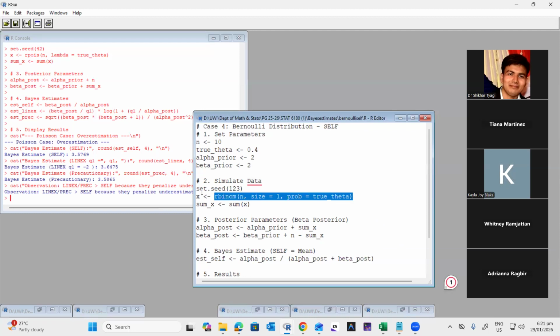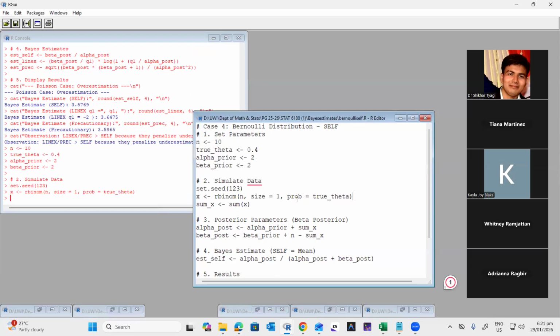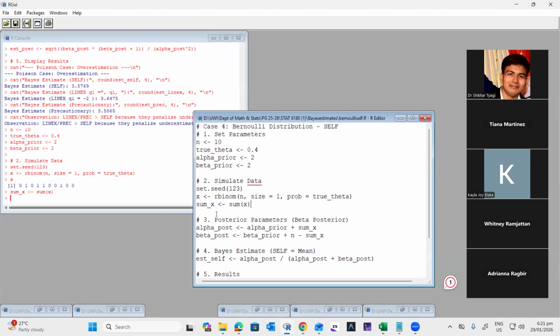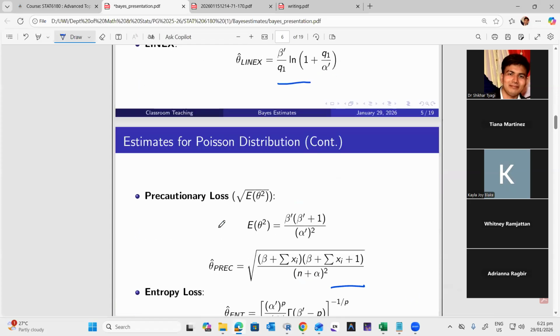All right, so we just generate the values here and we check what we are getting. Okay, so 0, 1, 0, 1, 1, and so on, are the values we are getting. Now we will take the sum of X. So that is 4 because here,